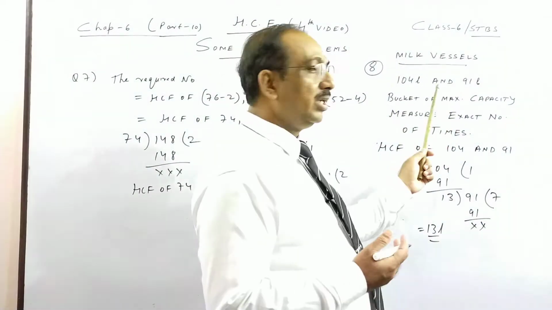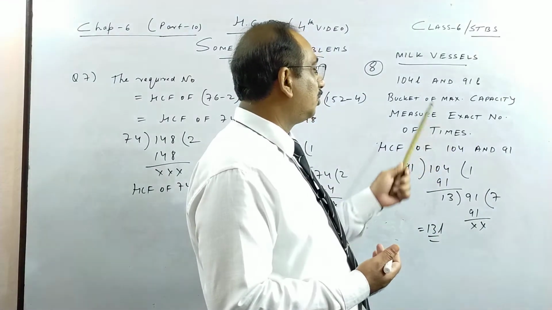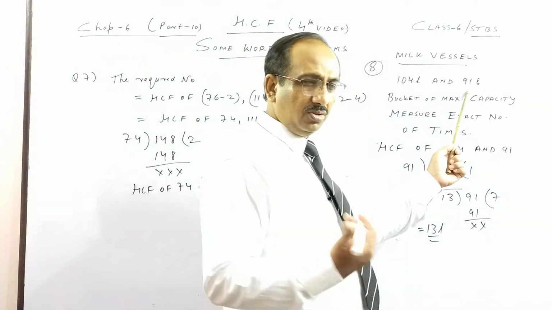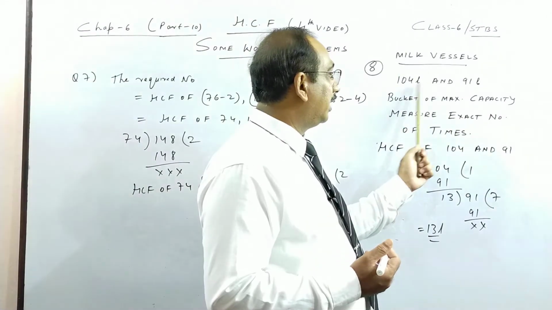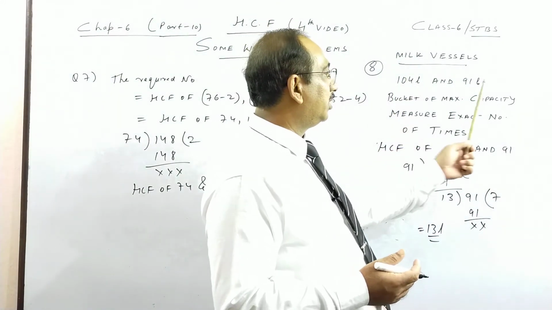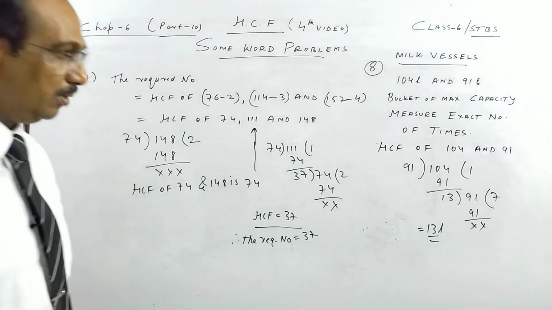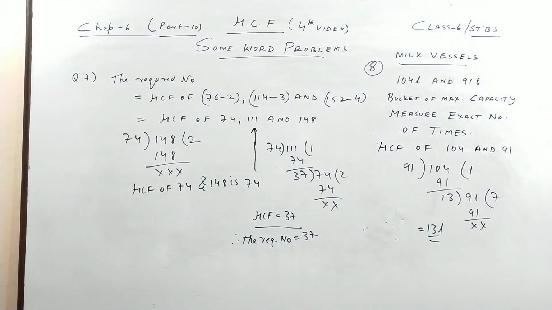Sometimes they ask to find the total number of times you have to measure both the milks. So this is 8 plus 7. So you see, one solved example is there. 8 plus 7 will be 15 times you have to use the bucket to measure, 8 times for this and 7 times for this. So kindly pause the video and copy, then we move on to the last question of this exercise.